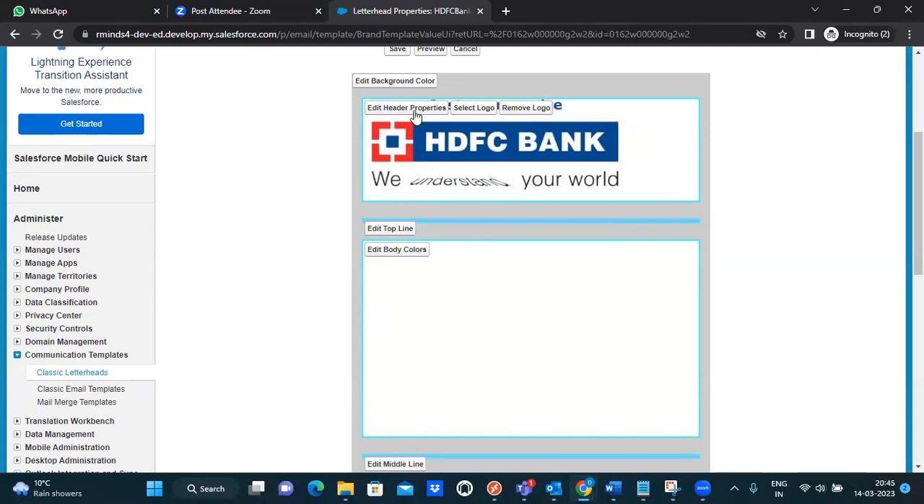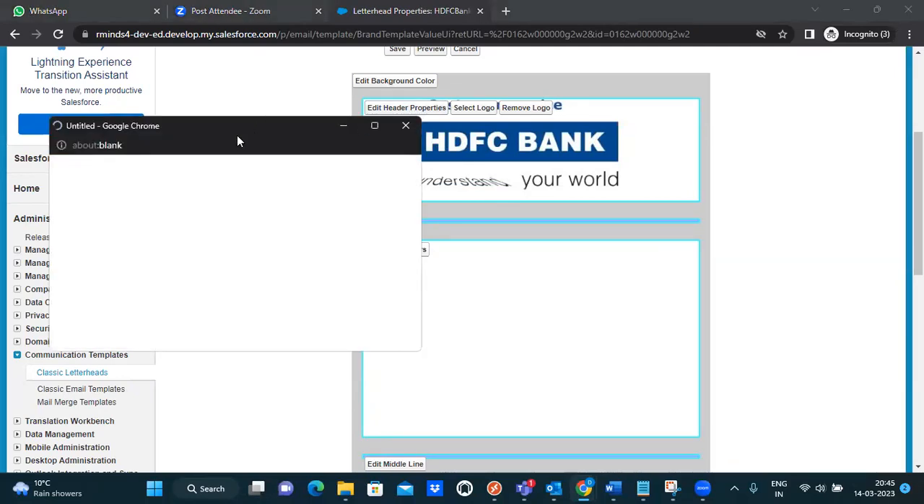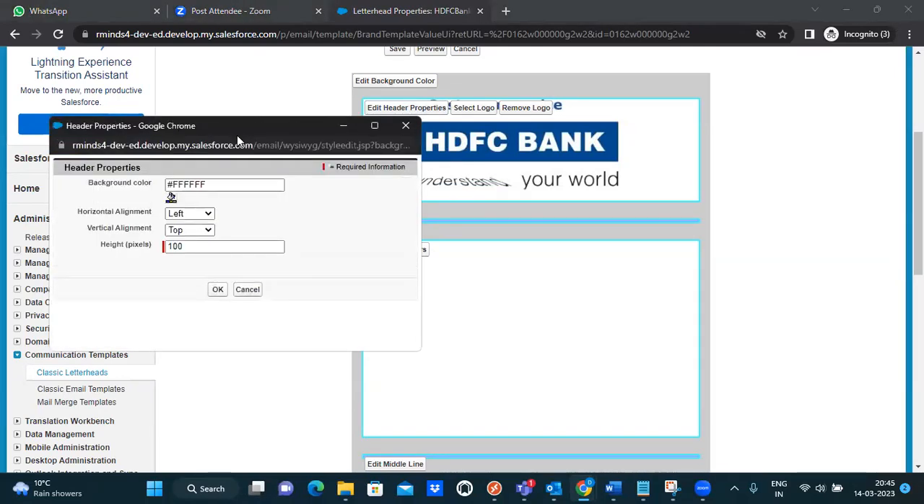logo. So edit properties. If you see the edit properties, you can select horizontal alignment, center alignment. I want it to be aligned center, vertical alignment, top or bottom. Since this logo is already fitting completely, we just need it on the